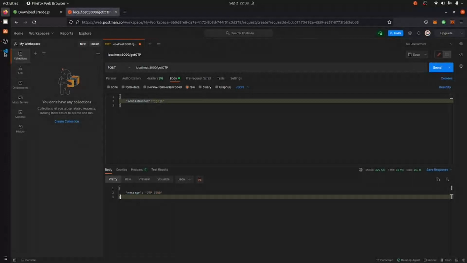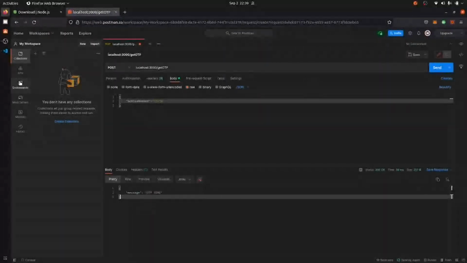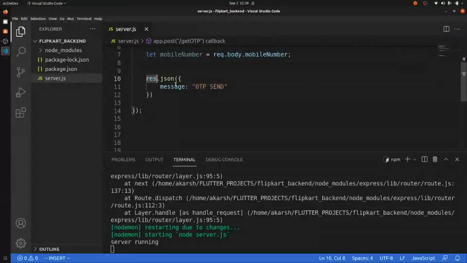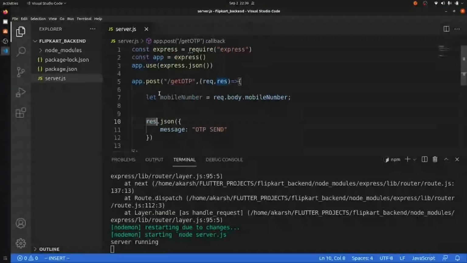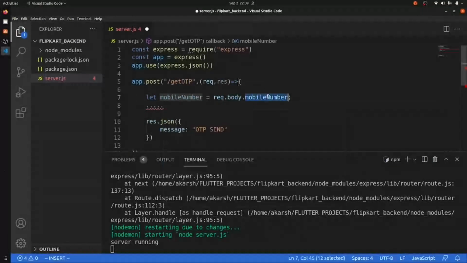In a similar way we can create anything, we can add validation and other things. Here we can add our functionalities, like if we get our mobile number then we can send that OTP.